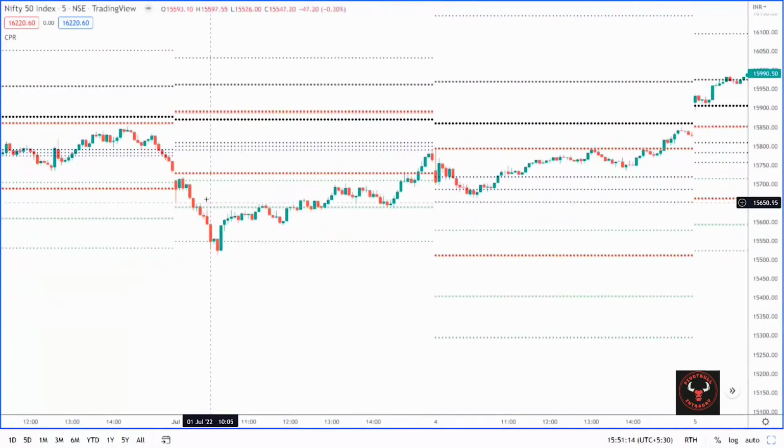Now, look at this chart. Market opened below CPR, so my sentiment for the day was bearish. Then it opened below the previous day low and below S1. So I took this previous day low point as my reference and shorted below it, and kept my stop loss above the previous day low, and my target was the next pivot. This was my target. Like in this chart, the market has gone down more, but your first target should be